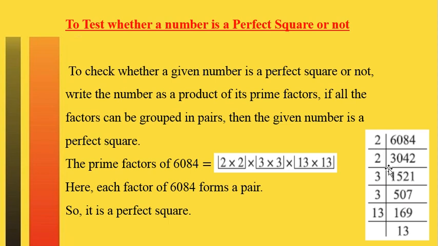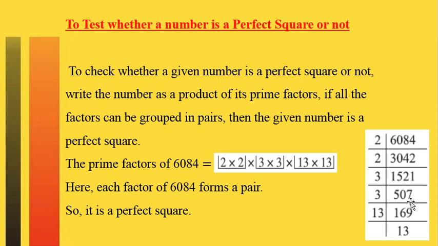So dividing by 2, we will have 3042. Again by 2, we will have 1521. Now it is an odd number and I cannot divide it by 2. So I will move to the next prime number, that is 3. So I will check for 3. Yes, it is divisible by 3 and the answer is